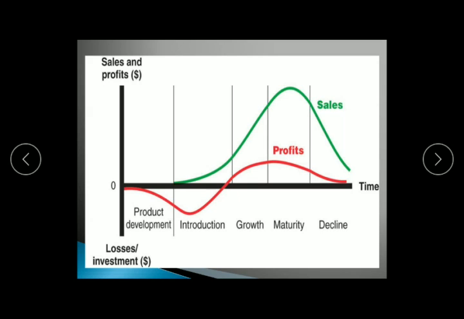After the growth, the profit curve gets a positive slope. That means with the growth of sales you are actually getting the profit. In the maturity phase you get the maximum profit, and in the declination phase you get the minimum profit. So our desired phase for the product is from growth to maturity. Every product should lie between the growth and maturity phases to get the maximum profit.